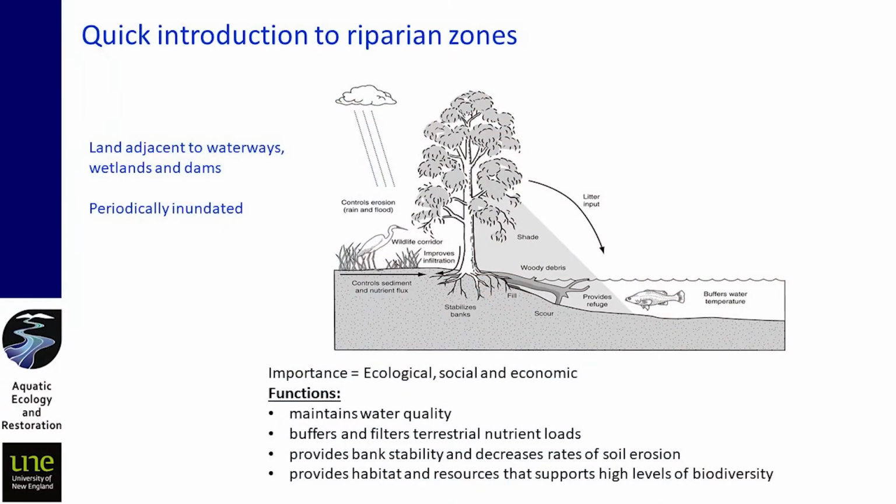I'll come back to those questions, but first of all, I just want to give a very brief overview of what a riparian zone is. I'll be using the term throughout the session, so I want to make sure that we're all on the same page. Riparian zones are those lands adjacent to streams, rivers, waterways, dams, wetlands. So it's the terrestrial land adjacent to those waterways. They're periodically inundated. And because they are damper areas of the environment and usually downslope, they tend to have a lot more organic matter, a lot richer soils because they've been flooded over time. And so they're very productive areas of our landscapes.